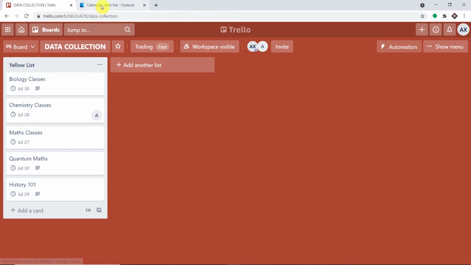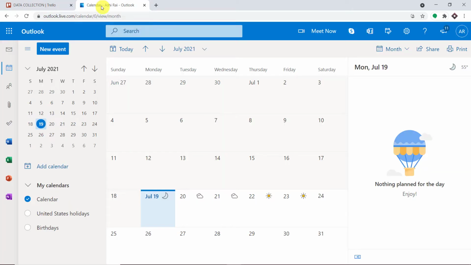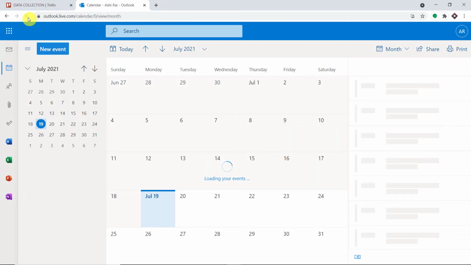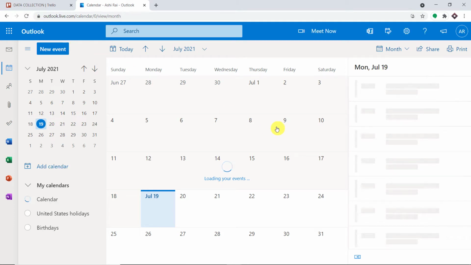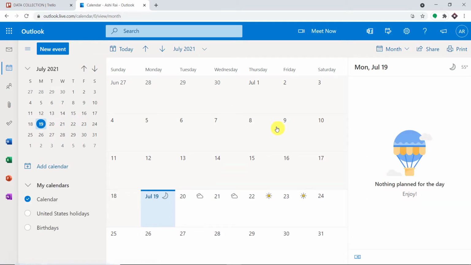So let's have a look. Do we have an event in calendar, Outlook calendar? So let me just refresh Outlook calendar. Okay, so the thing is we will be getting the data within 2 minutes. So why the delay of 2 minutes? Well, I will explain that later, but we actually have to wait for 2 minutes before we get a scheduled event in our Outlook calendar. That is from July 19th to July 29th.